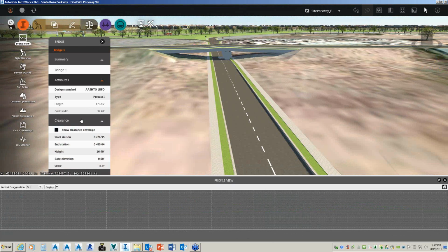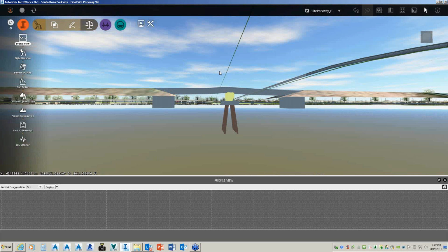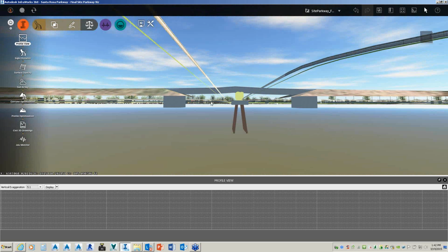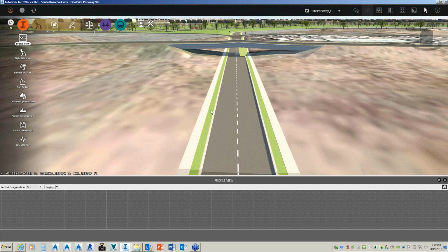And I can say, okay, it's got a clearance deck. It's a precast type 1 bridge. It's using actual design standards. I have an actual girder in here. So again, these are not just blocks. And the only reason that's like that is because I put that PVI in there. And you can see that this is not just the block, right? So something really quick in terms of what we can do is if we go back to profile,